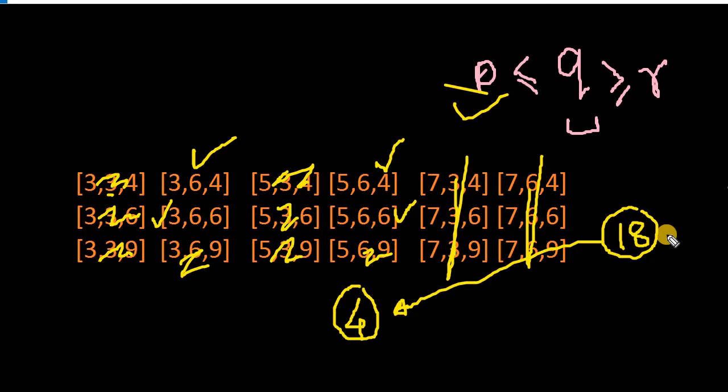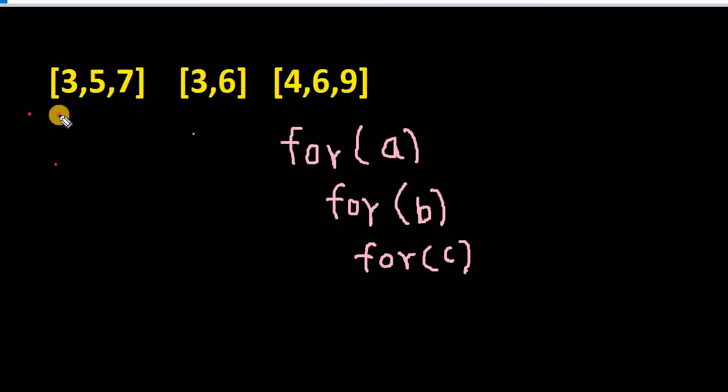How we can do this is, if you see the example closely, we have been given the array in sorted order. So if you see 3, 5, 7, 3, 6, 4, 6, 7. This is a blessing in disguise. Having a sorted array helps us a lot. Why? Because we want our middle element to be the highest compared to the first and third. So we can directly check how many elements are possible which are greater than or equal to 3.